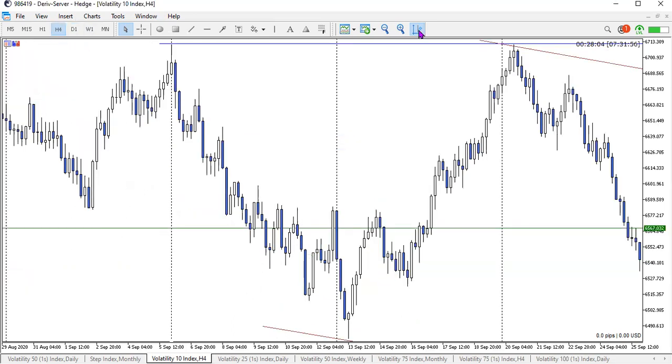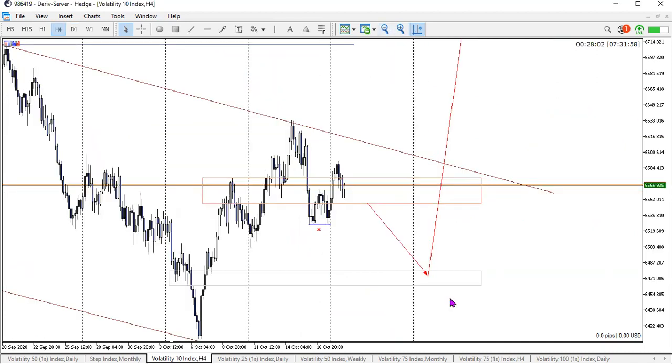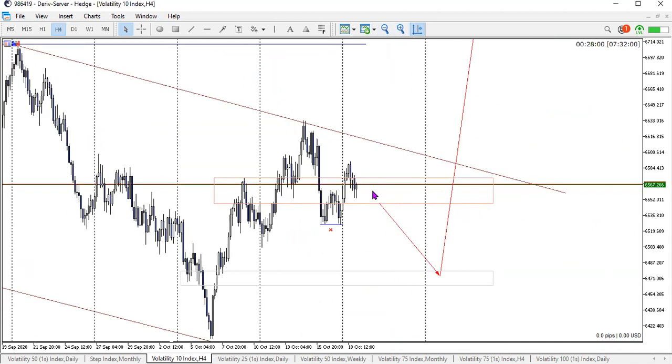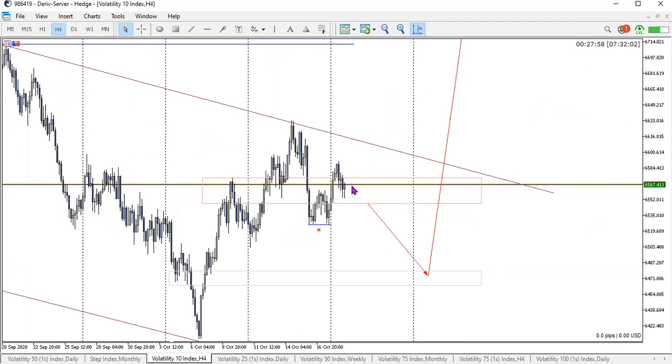When we drop down to the H4 chart as well, you can see that area that I marked up on the H4 chart, which is basically here, right? Now, looking at this at the moment, the way price is playing out at this point, I will anticipate that it's most likely going to come back for another test at the top, right? Most likely going to come back up to around there, right? Before we see it pushing back to the downside and coming down to there, right? So that's what I would anticipate, right? Just looking at what price is currently doing at the moment.